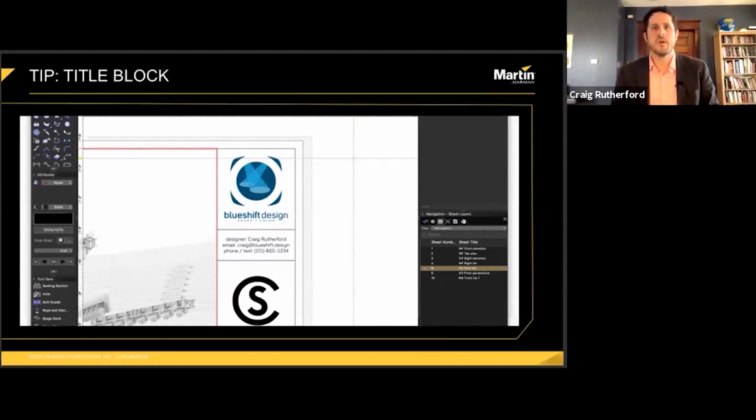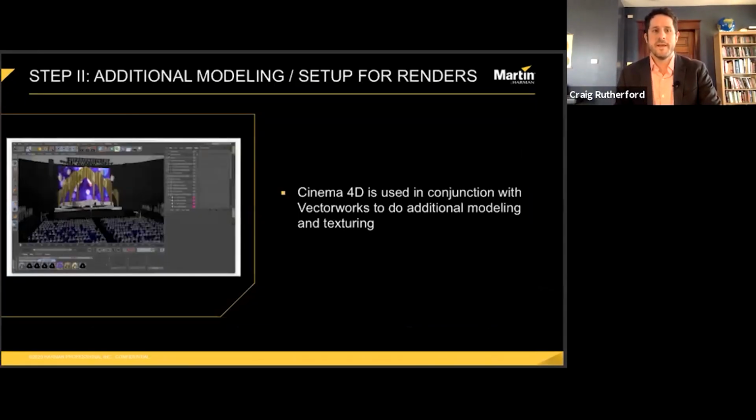So from here, I go into refining the design in Cinema 4D. Cinema 4D is a 3D modeling program. Again, like Vectorworks, it is big and it is expensive and it has a bit of a learning curve. There are alternatives for rendering things. And I'm guessing that there are probably at least 10 people in the audience screaming Blender at me. Yes,